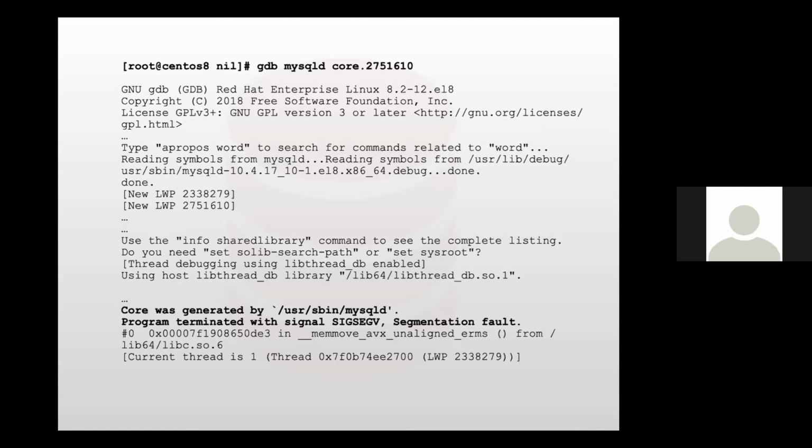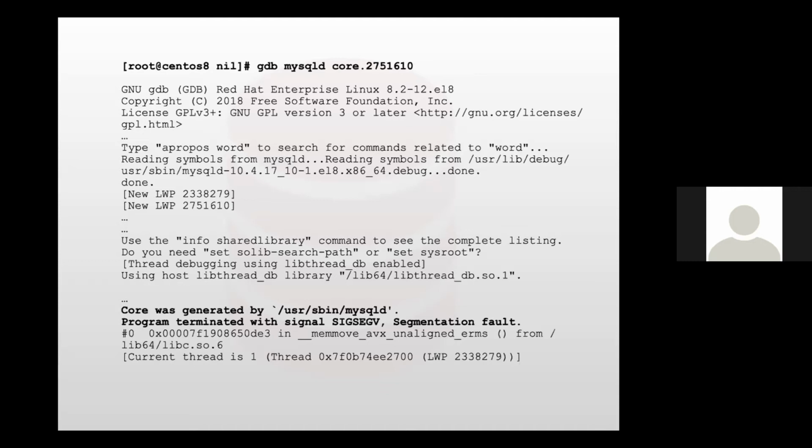Further, the current thread will always be thread one, and whenever a crash happens, you can get the crash details from thread one. If the process is running and you are checking with GDB, any thread could have the problem. But when the server or program has terminated and you have the core dump, thread one will have the information about what exactly happened and why the program terminated.